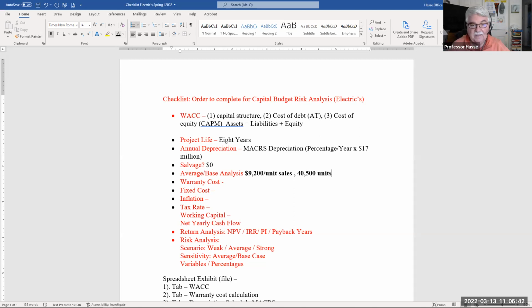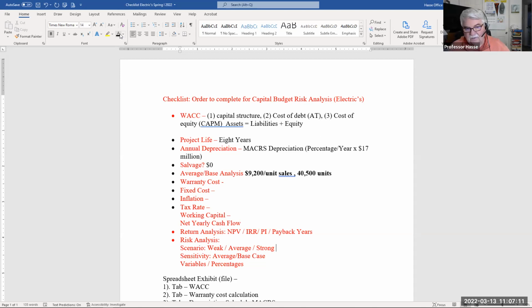Now you're also going to have to do other analysis in the scenario analysis, and those are down here, where you're also going to have to do a weak analysis and a strong analysis. But that's just like you did in case number 3. All you have to do is change the output number, and that number will automatically come up for you and determine the NPV of that scenario. And you can put that into the scenario table, just like you did in case number 3.